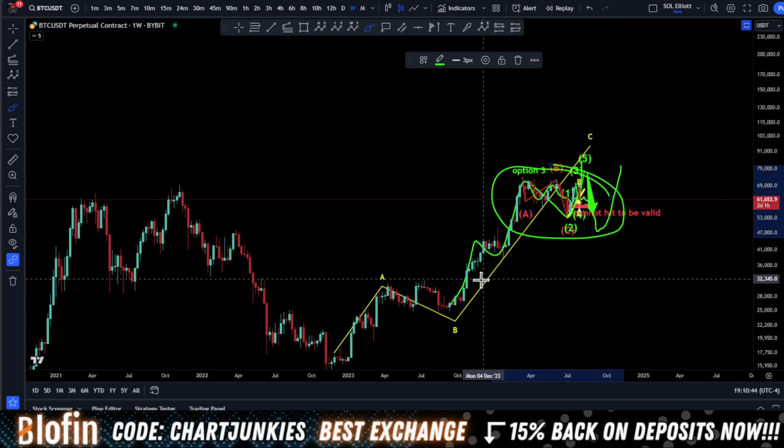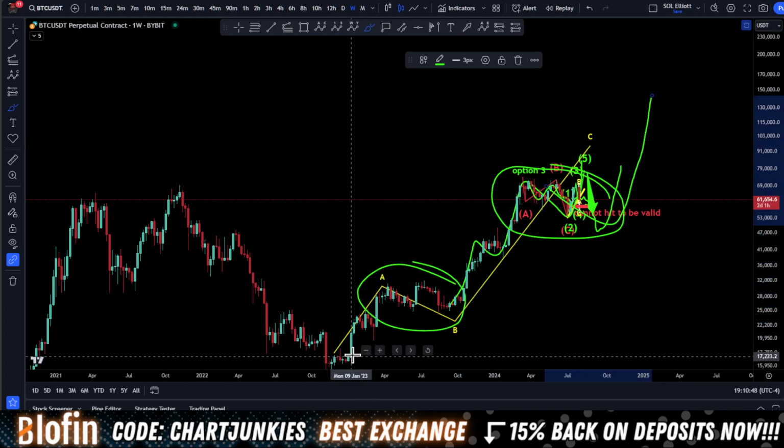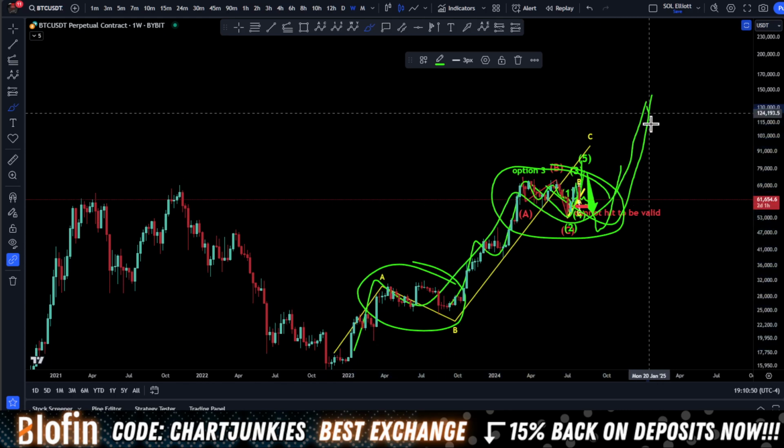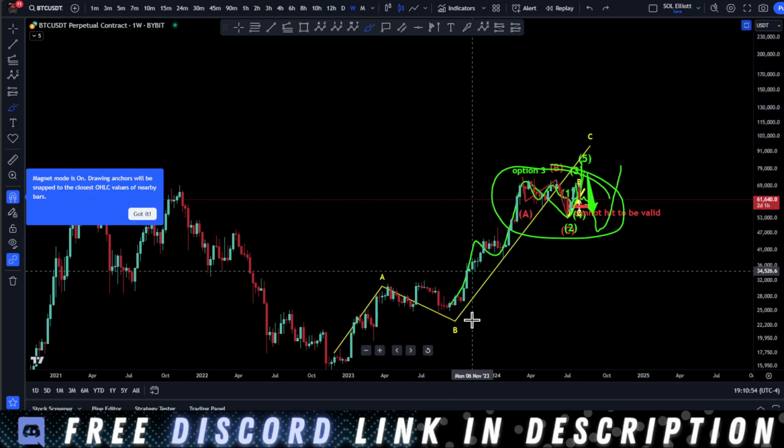Anything else, really, anything else, if we come down and this extends down, this correction, and then we go higher, this is going to be too long in time. I'm going to say it's a wave 4 to this wave 2, and we're looking at a 1, 2, 3, 4, 5. After that, maybe get a correction like so, and then continuation. All right, it's going to change things for me.